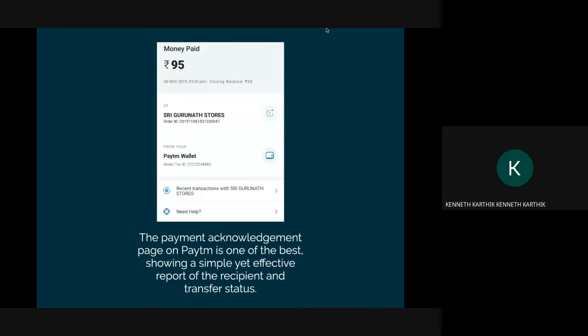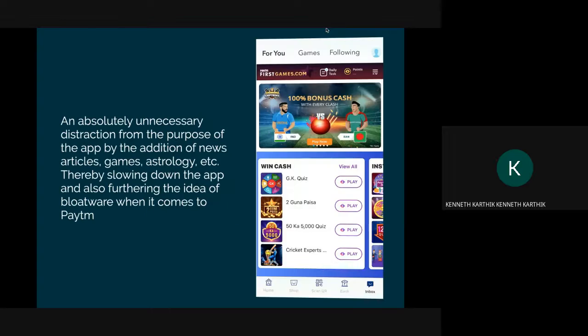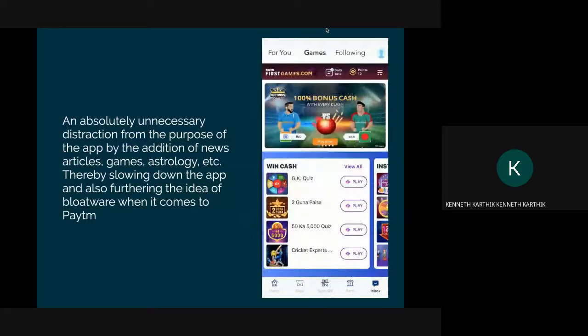The one good thing about Paytm is the acknowledgement page, because I've noticed myself that when I finish a transaction, people generally like to see the acknowledgement of the person you just paid. Google Pay would just show a tick mark without showing the amount you've paid. All of this has changed now, but it used to be just a check mark, and there was no way of verifying whether it was actually done to that person and how much was sent. So that was one thing which I liked: a detailed acknowledgement screen showing the recipient and the transfer status.